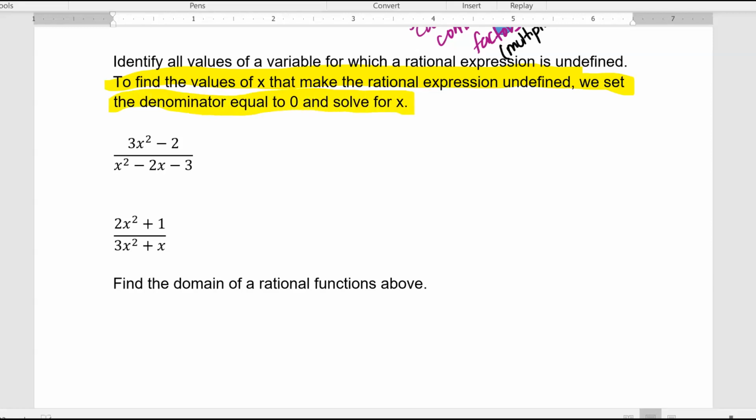So let's say this is number 1 and this is number 2. Well, what makes something undefined in math? When the denominator is equal to 0. So to figure out what x value will make the denominator 0, all you have to do is set the denominator to 0